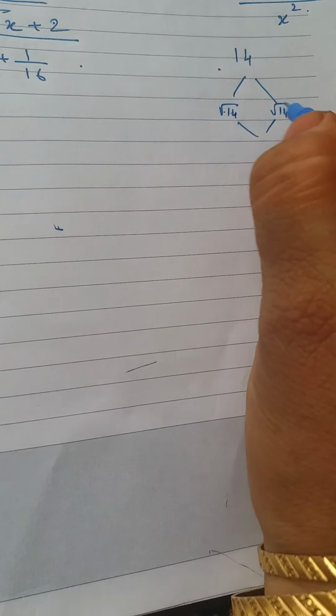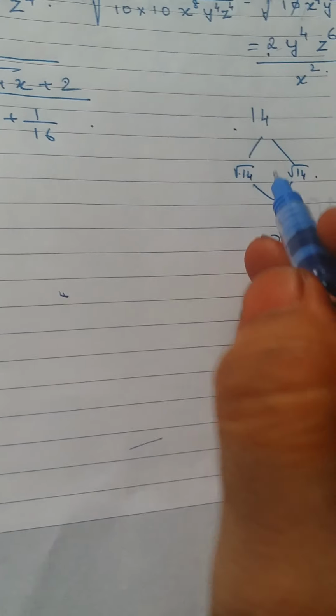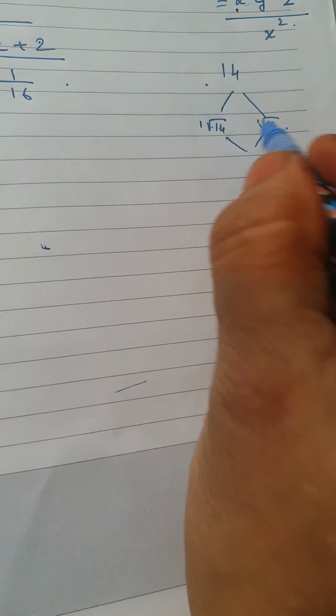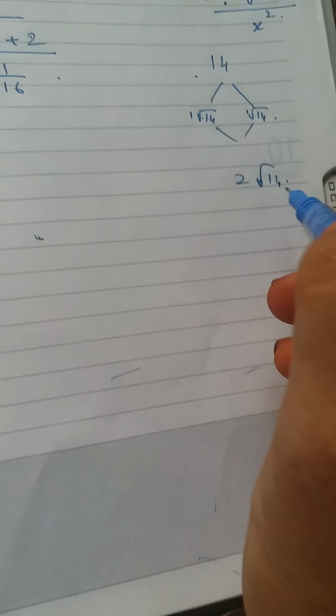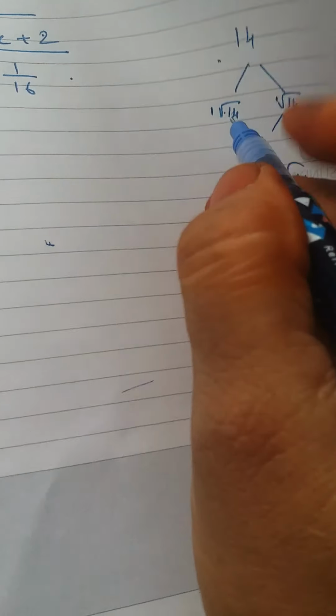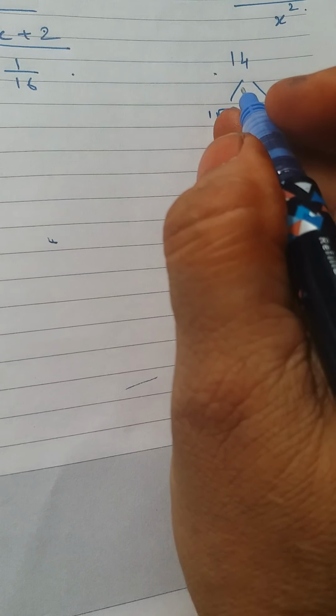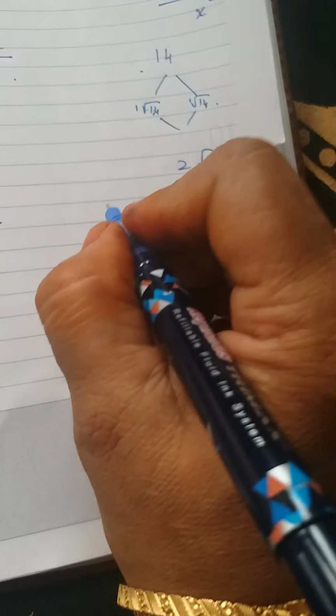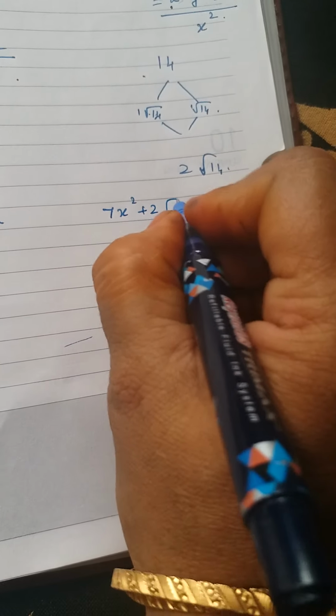Only then you will get root 14 into root 14 is 14. Add means as coefficients only. 1 root 14 will give you 2 root 14. So now root 14 can be written as root 7 into root 2. So I am writing here like this. So you factorize here separately and then you can write the answer. So 7x square plus 2 root 14x plus 2. It can be written as